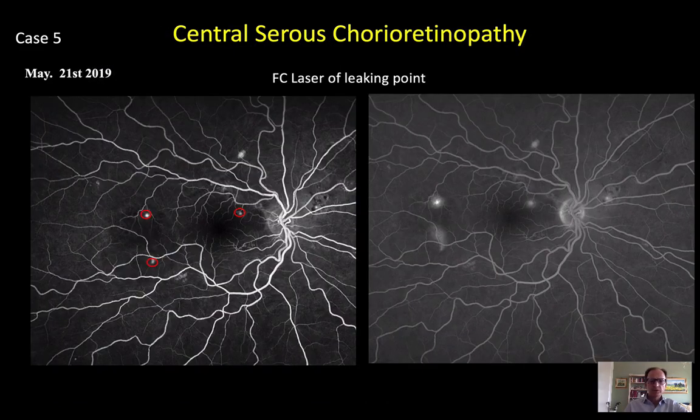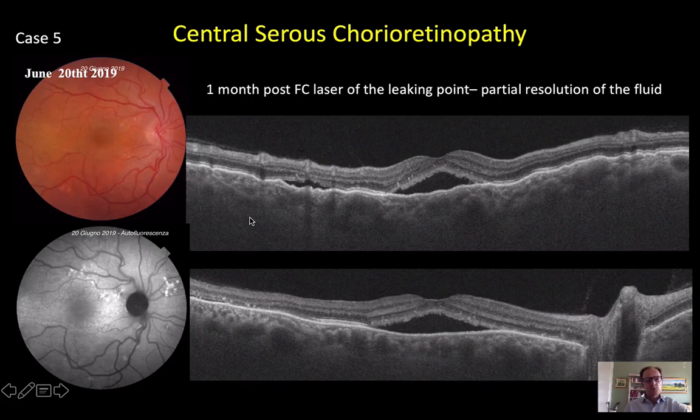And for this reason, we performed a focal laser with a very light treatment on these three leaking points, 1, 2, and 3. And 1 month after photocoagulation, light photocoagulation, we observed a partial resolution, not complete resolution of the